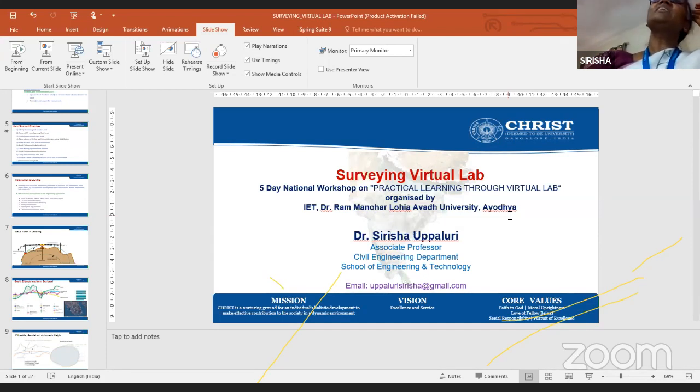Whenever your benchmark is not on the ground but on the top of a building, a beam or any other man-made feature, how can you observe that benchmark? Then you have to take it with the telescope inverted or normal.